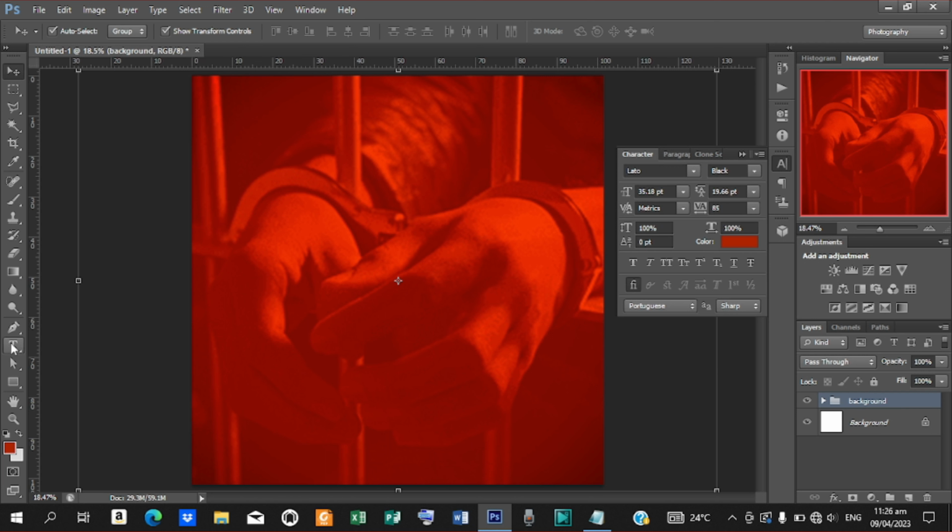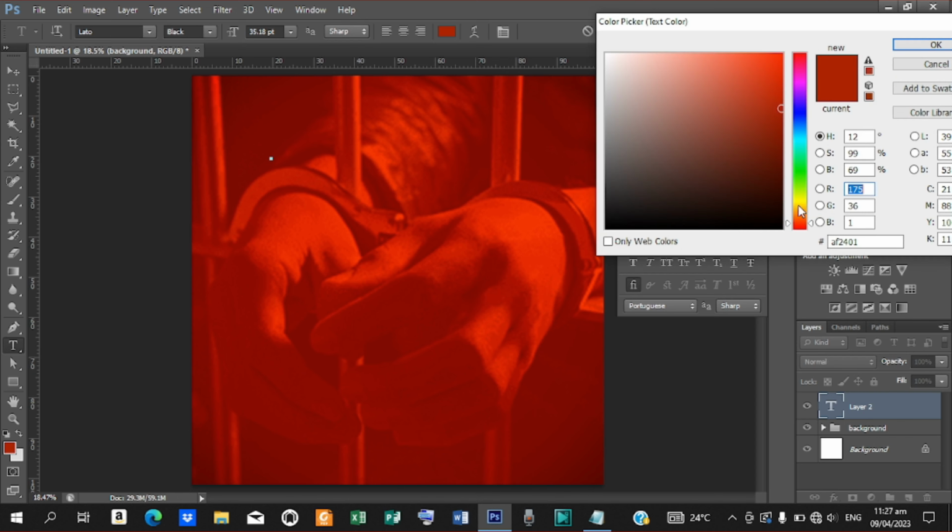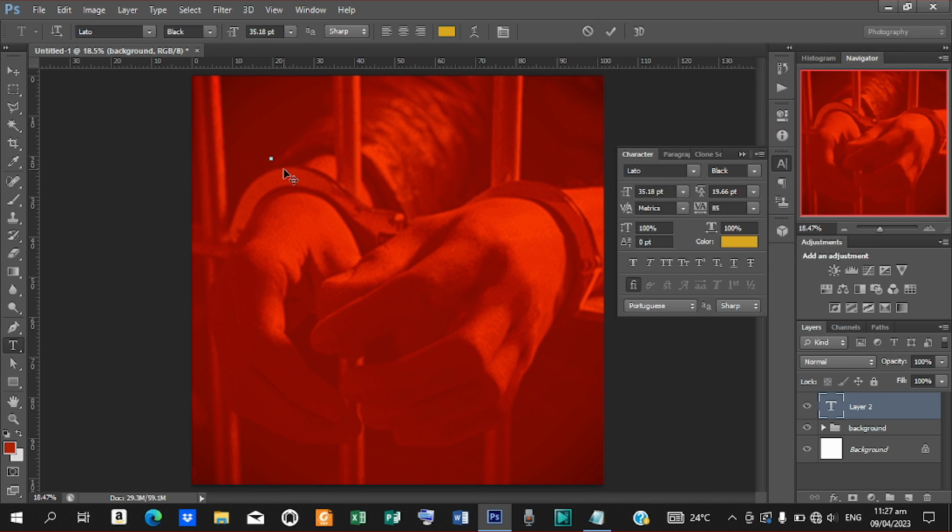Alright, so the next thing we are going to do is pick your type tool like this, and then let's begin typing. The font I'm using is Lato, and my font type is Black, and then I'm going to change the color for this font using the color code DAA520. Alright, and then I'll click on OK,